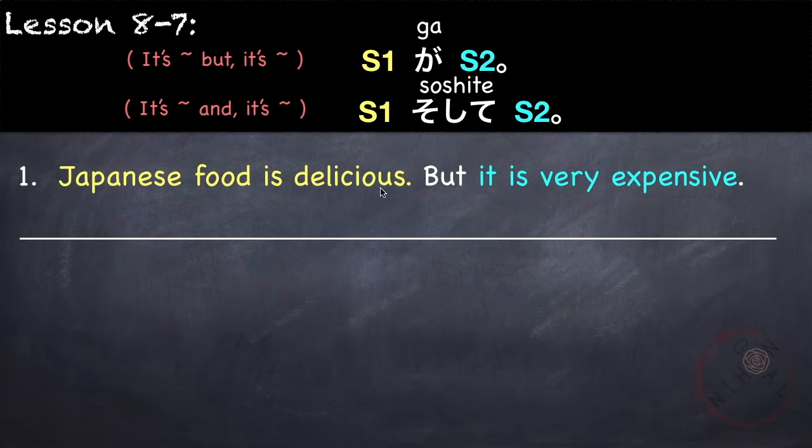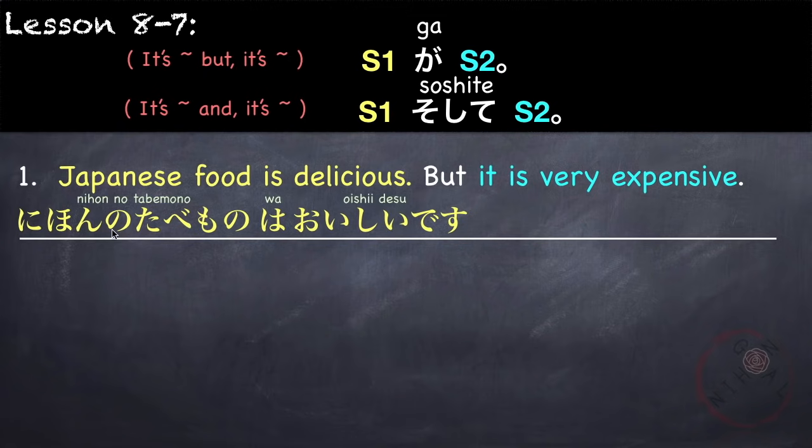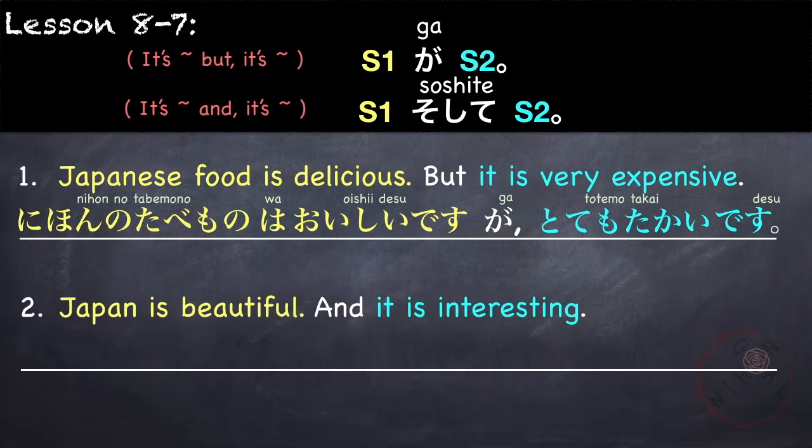So we have a positive statement and a negative statement. So first is our positive statement. Japanese food is delicious. 日本の食べ物は美味しいです。But が it is very expensive. とても高いです。日本の食べ物は美味しいですが、とても高いです。